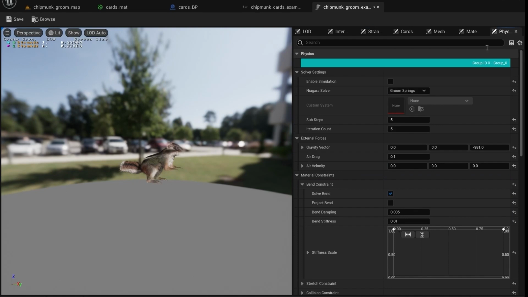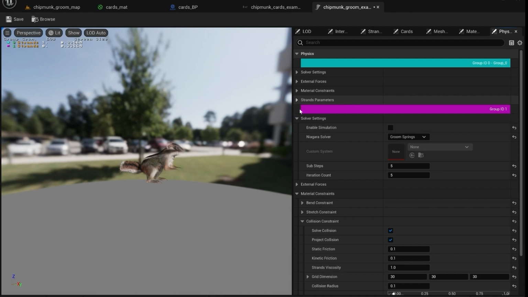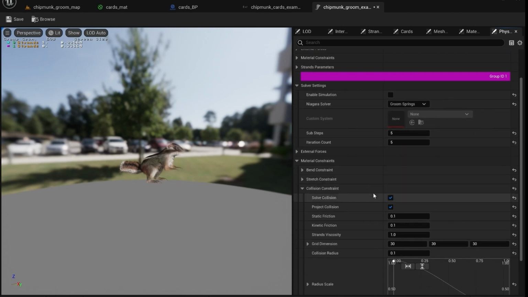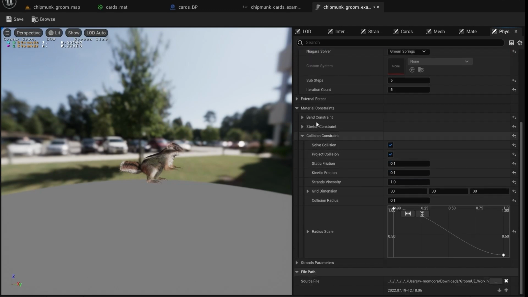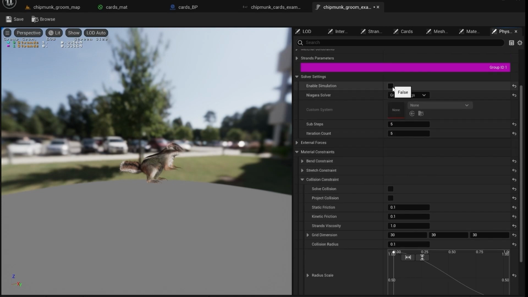And if I go to the physics section, we could have physics on one part and not on another, and we could also have different types of physics. So in this case, for the tail, which is the first group here, group 1, index 1, we can enable simulation. The first thing I will do is just disable collision for the moment. It would take a bit more time setting that up to work with collision properly. But if we click enable simulation,